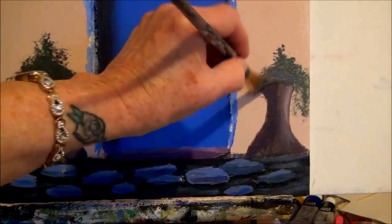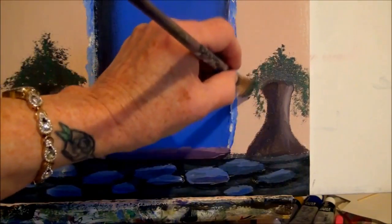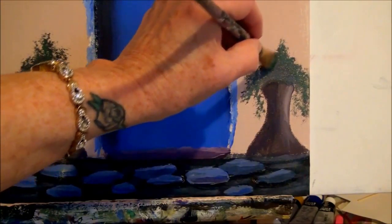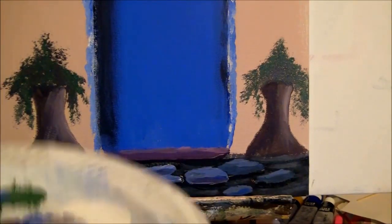Depends on where you put them. Okay, and then tap more down here. And that will give me an idea which way I want my flowers. So that's a little underpainting there. And if you want to highlight that a little bit before you put your flowers on, just get